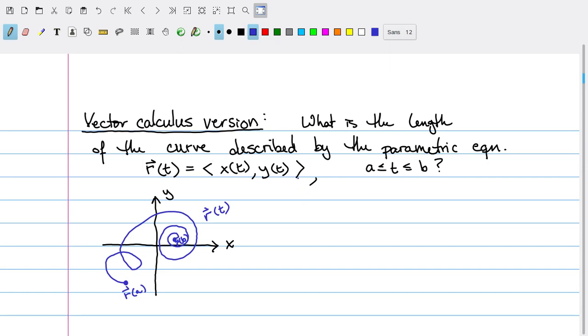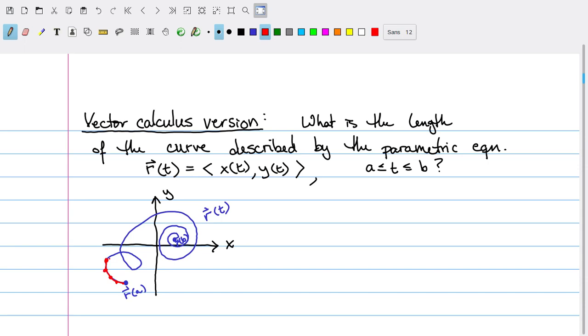The derivation of the integral giving us the actual answer here will feel very familiar if you remember the solution in the Calc 1 situation. The idea is the same as before. We don't really know the length of this particular curve, but we do know the lengths of straight lines. And if you zoom in on anything close enough, it becomes something that looks very, very straight. In other words, what I want to do is come up with an approximation where I'm treating my curve as a collection of straight line segments,